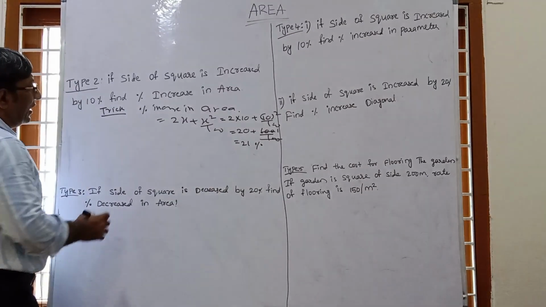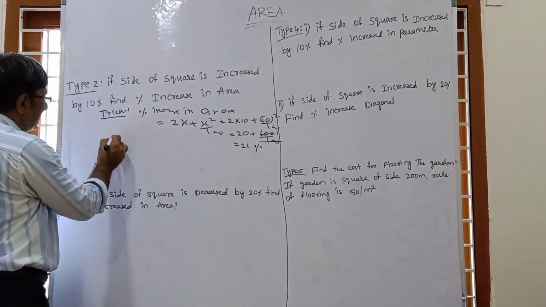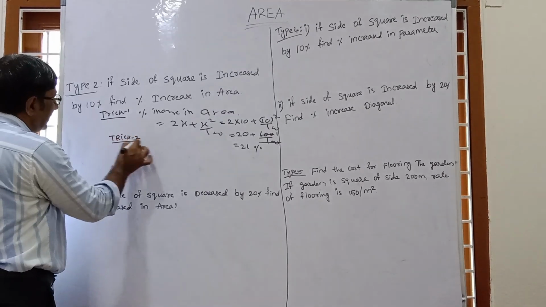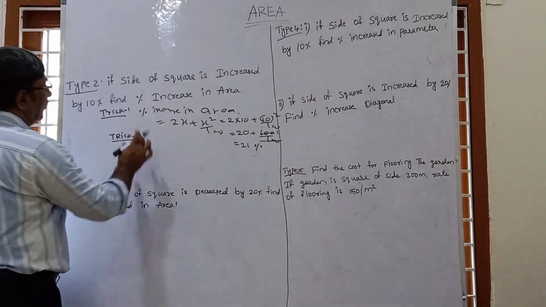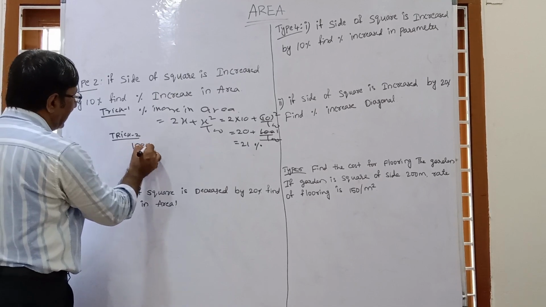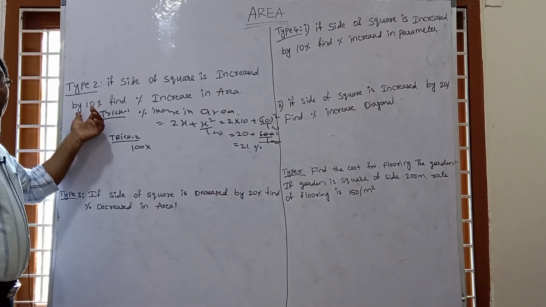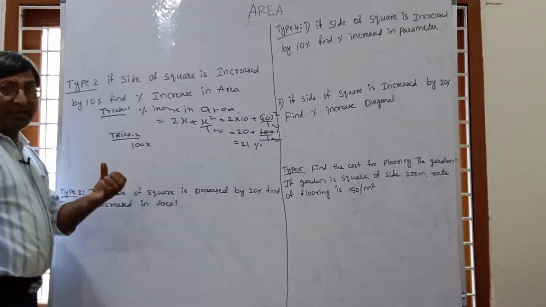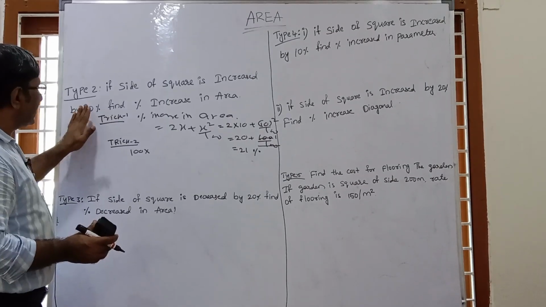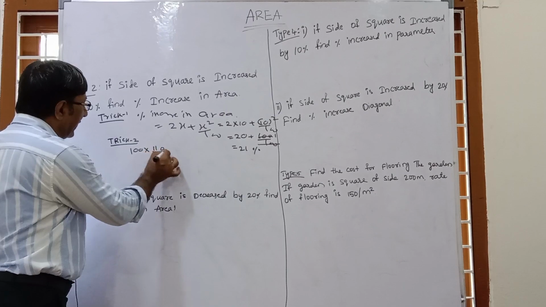You can use the other technique also. Suppose this is trick 1 and this is trick 2. We can solve this question by the other technique also. For this type of question, suppose total is 100. Now you know increase means increase percent, that is 100 plus 10, and decrease percent is 100 minus. So here 10% increase, so we can write 110 by 100.